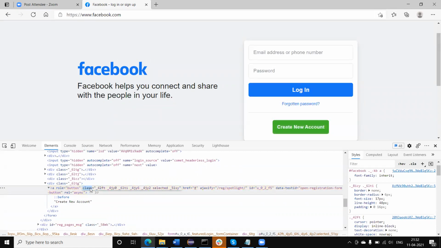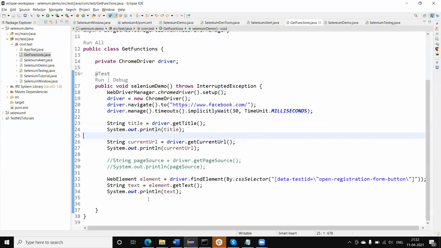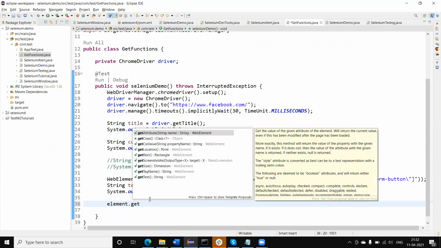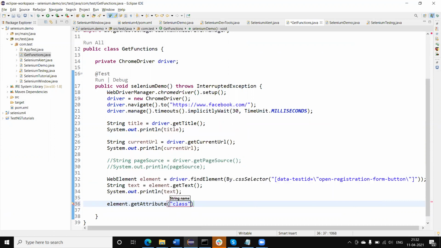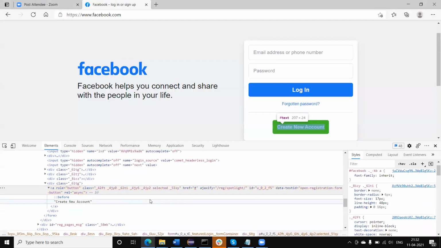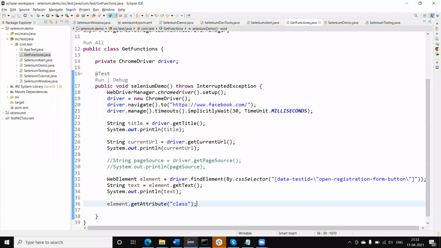How do we do that? Element dot get attribute, then I can pass here the attribute name. Currently I am going to read the class attribute value, so I will pass here class. But if we are getting the role or something different, we can use that attribute to get its value.